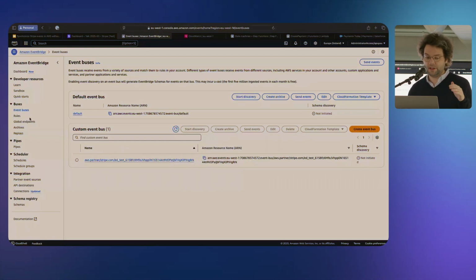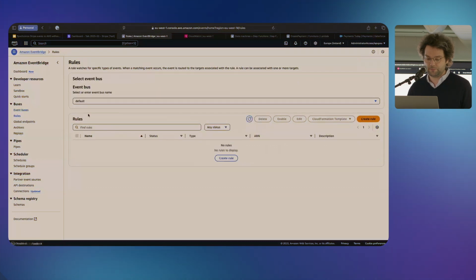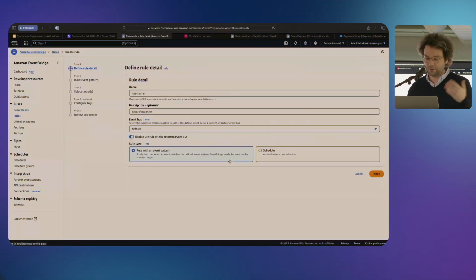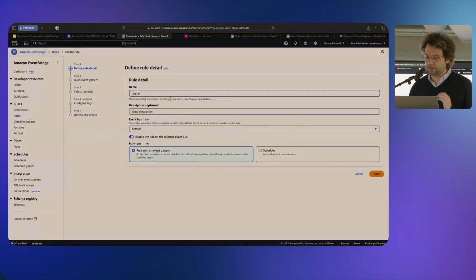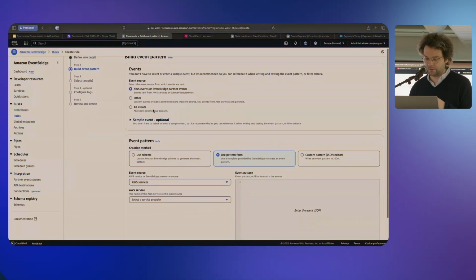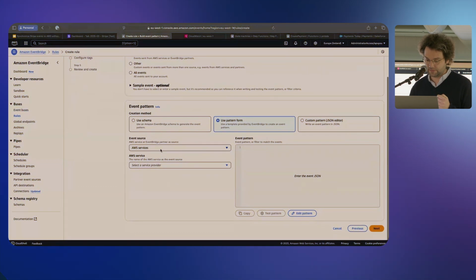So now to show the whole EventBridge process, I'm going to create a rule. And to avoid any confusion about what's happening behind and make it simple, I'm going to create a rule which we're just going to use to display the messages. So I'm going to call it logger. I'm going to say that it's from the EventBridge. We're going to say it's